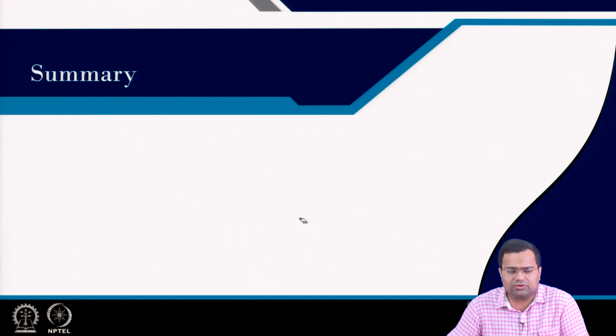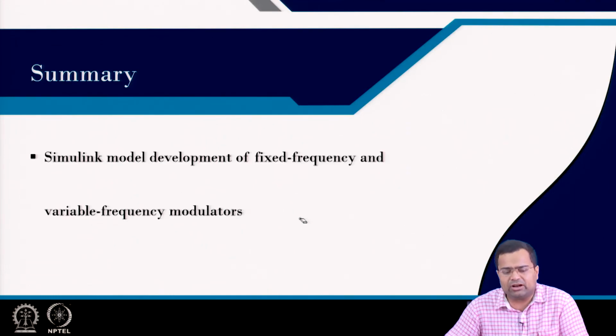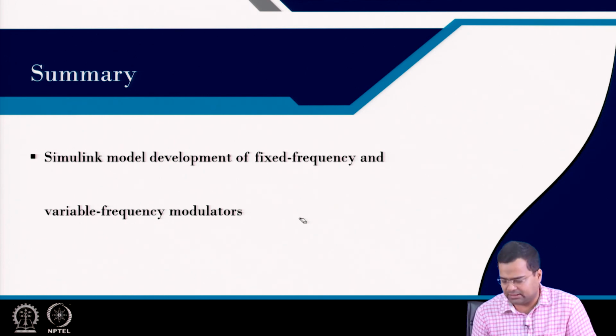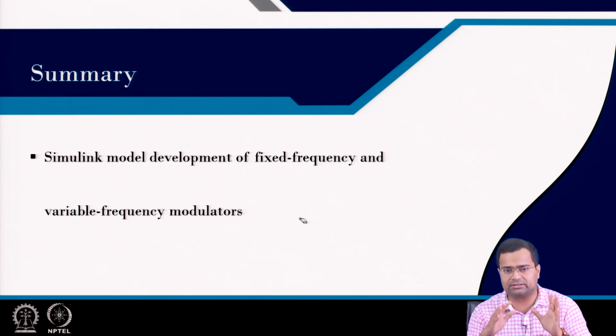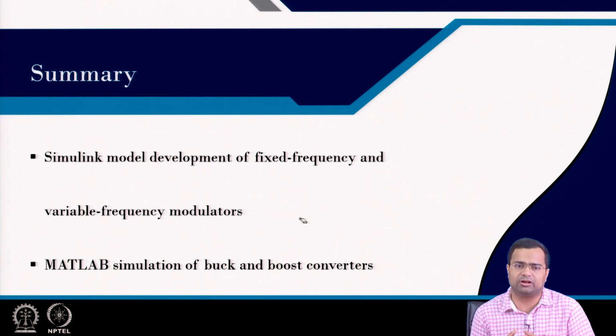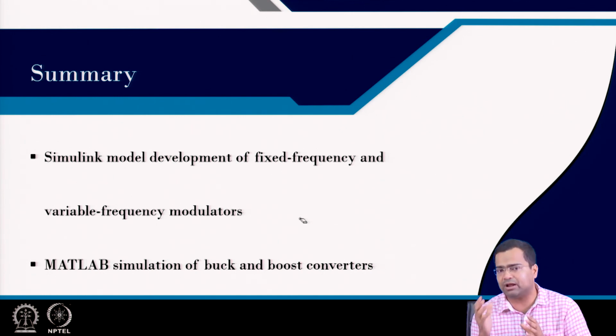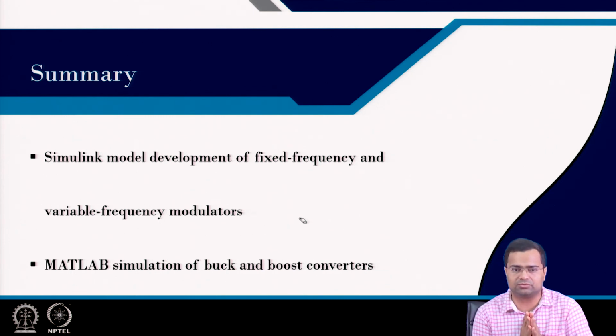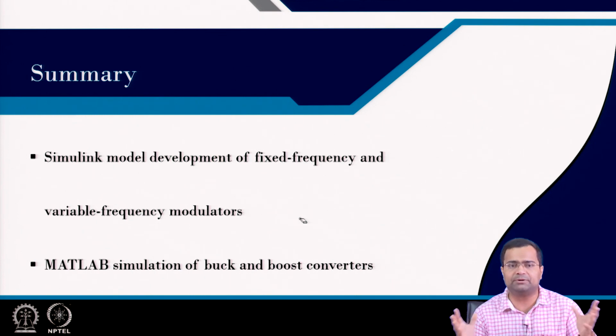So today we just wanted to show the Simulink model development for fixed frequency. We have not yet gone to variable frequency, which we have kept for the subsequent class, and we have shown the interactive case study of a buck converter, and we already have a built in model for boost. So we can do it. That means, using a custom MATLAB simulation, we can call the Simulink file, we do not have to run it through the Simulink scope, and you can directly run it through a MATLAB file, speed up the simulation, and create multiple transient case studies.